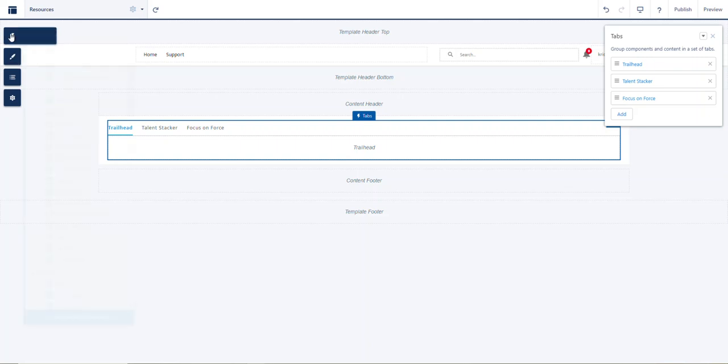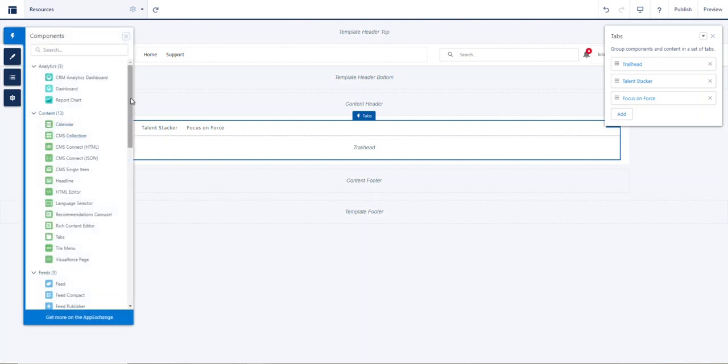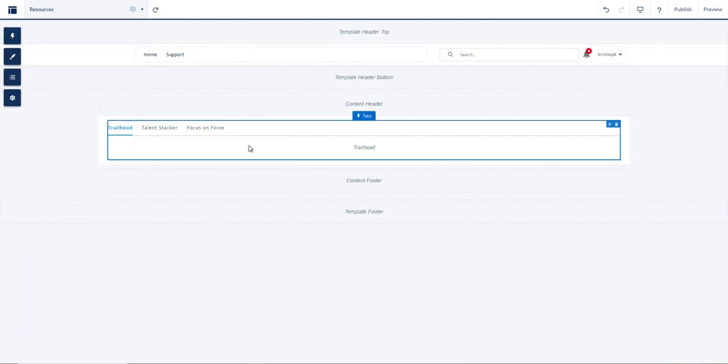So again, I can come back to my components and I can do a rich text content editor, and I can drop in